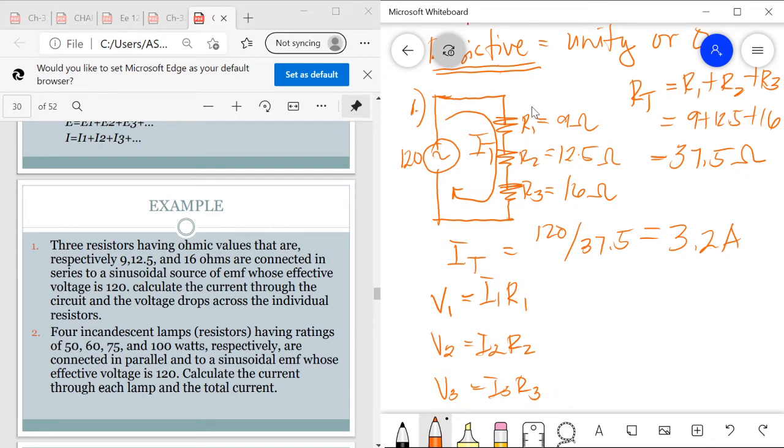So, as you can see, the current flowing in R1, R2, and R3 is the same current as the total na nasolve natin. So, I1, I2, and I3 is equal to 3.2. 3.2 multiplied by R1, 9. 3.2 multiplied by 12.5 and 3.2 multiplied by 16. That is 28.8